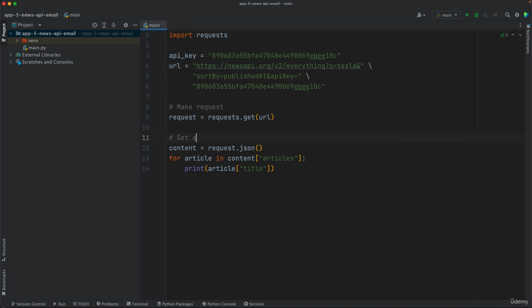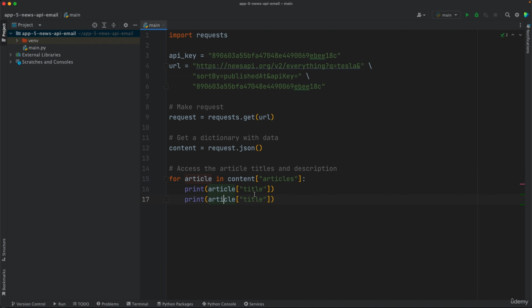We got a dictionary with the data, and we accessed article titles and descriptions. So you can just duplicate that and print out the description. So we're simply printing out the titles and the descriptions for now in the command line, but the next step